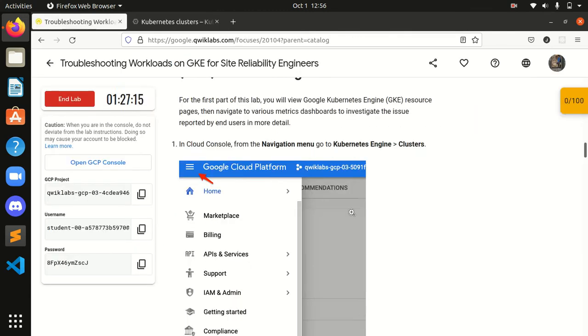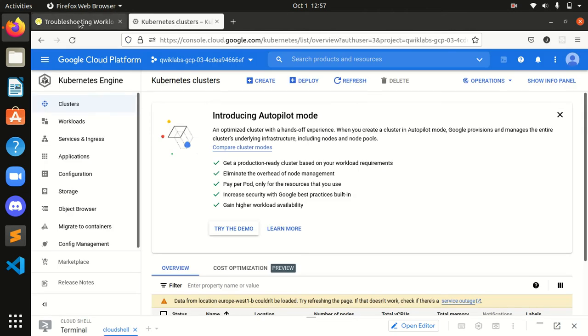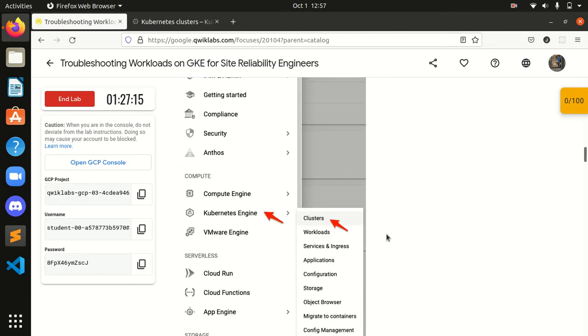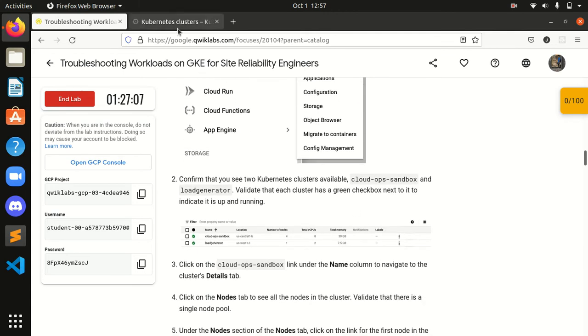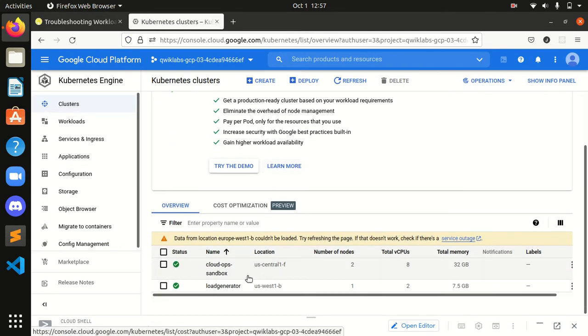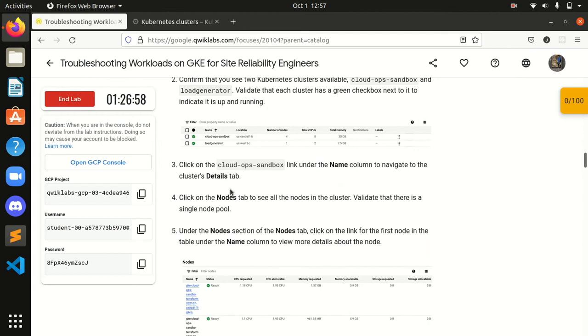Okay, so after that, our next step, confirm that you see the Kubernetes clusters available. Okay, we can see this Kubernetes cluster available. Click on the Cloud Ops Sandbox link under the name column to navigate to the cluster details tab.